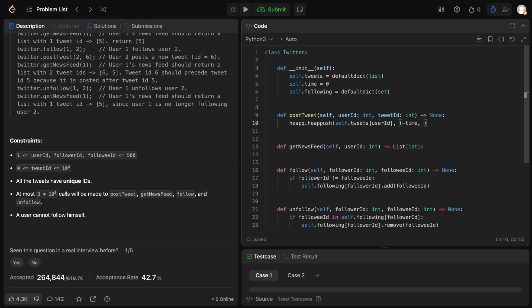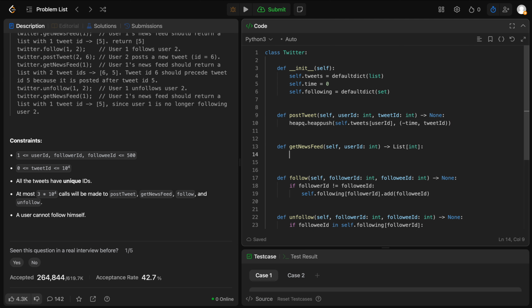Actually, I won't do it, too much work. Negative time, tweet ID, and do I need user? Maybe I need user. No, let's put it like this. So just time and tweet. That's all I need. For the news feed, so